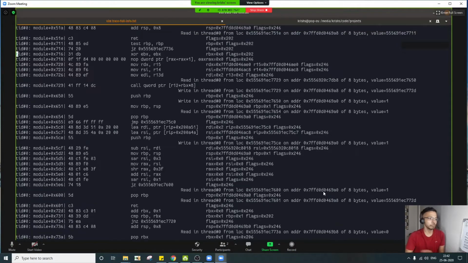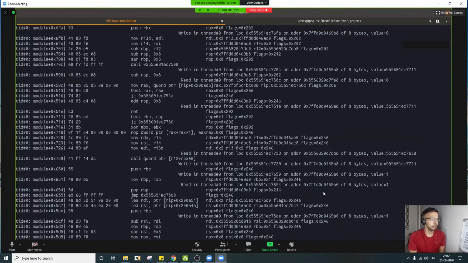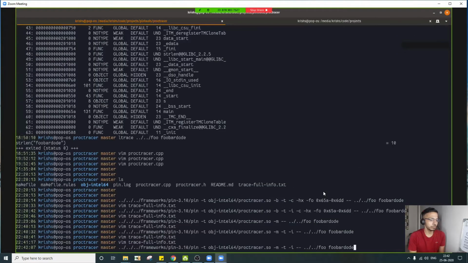So I mostly do this offset-oriented analysis, where you actually apply a filter with the offset. Exactly. Also, calls sometimes help you understand which calls are being invoked internally throughout the application.